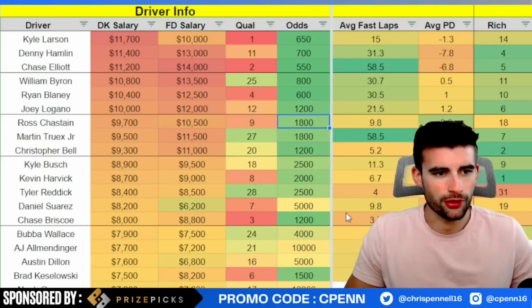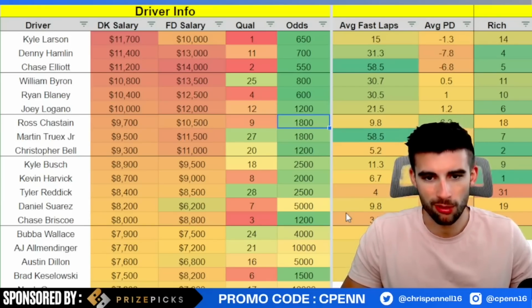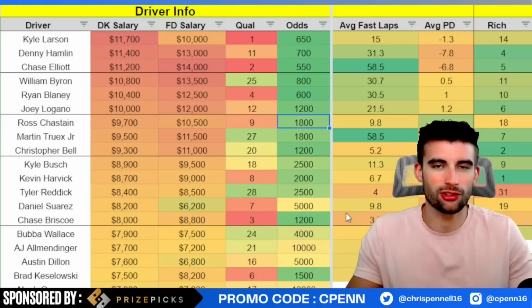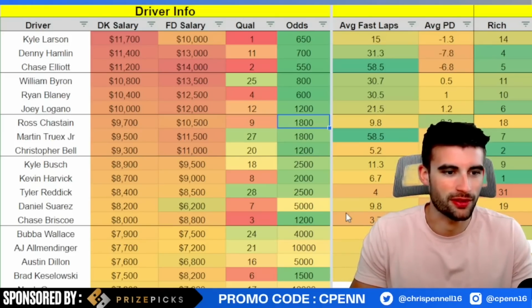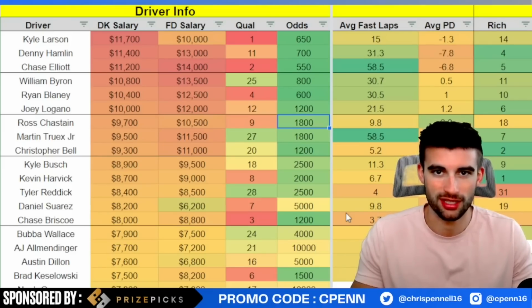The thing is, though, if you're using William Byron, you can't pair him with guys like, say, Denny Hamlin or Martin Truex Jr. or Christopher Bell, because you need some guys up front. It just meshes well, because if you've got rostered 2 place differential drivers, you're missing out on those early dom points. So I think William Byron, if you're going to use him, pair him with a guy like Kyle Larson, pair him with a Chase Elliott. You can't really pair him with 2 big PD guys because you're really missing out on the potential ceiling,